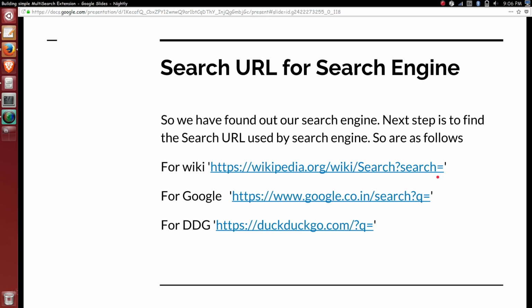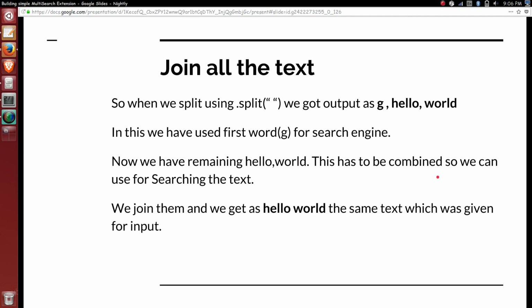So we have to predefine these query URLs. It will depend on each and every website, so we have to find that after going to that particular website. So now we have got the search engine URL.